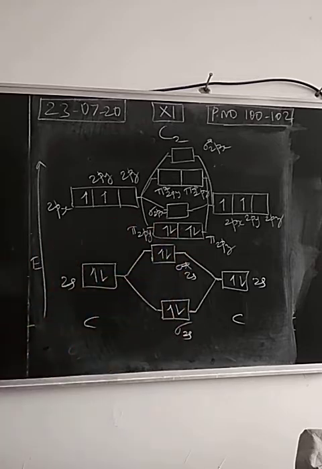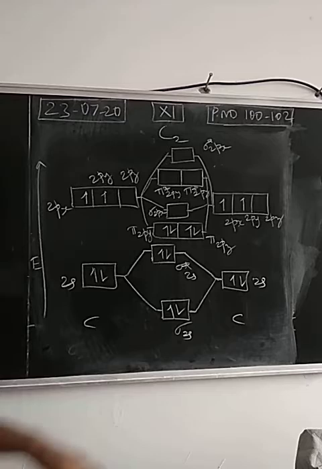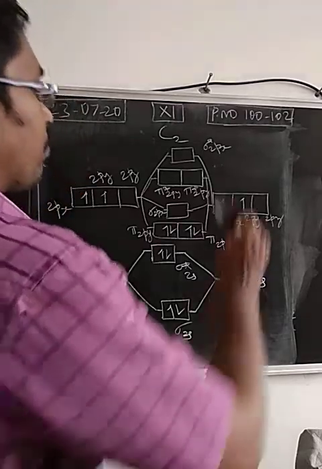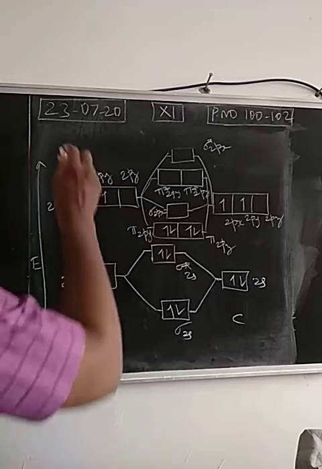From the diagram, we have totally 8 electrons: 2 plus 2 plus 2 plus 2. Totally 8 electrons. These 8 electrons are placed based on the electronic arrangement principles: the Aufbau principle, Hund's rule and the Pauli exclusion principle. So 8 electrons placed. What is the next step? We have to write the electronic configuration of the molecule.